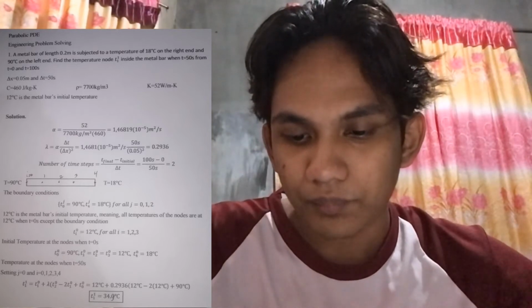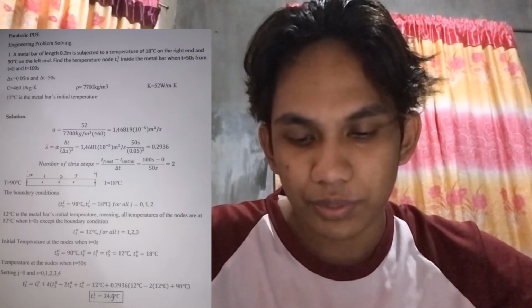So T sub i raised to 0 is equal to 12 degrees Celsius for all i equal to 1, 2, and 3. So the initial temperature at the node when time is equal to 50 seconds. Rewriting this, we get T sub 1 raised to 1 is equal to